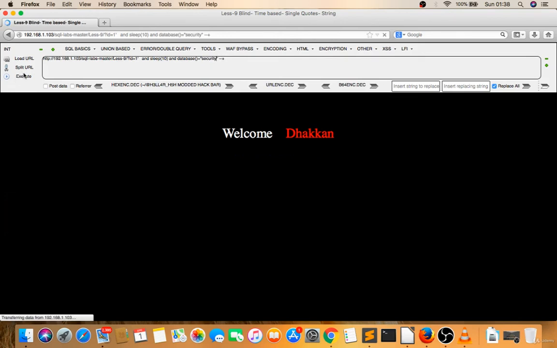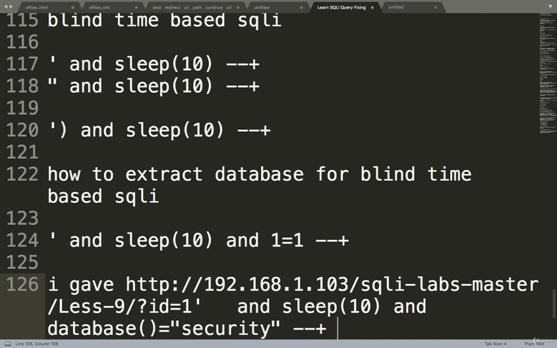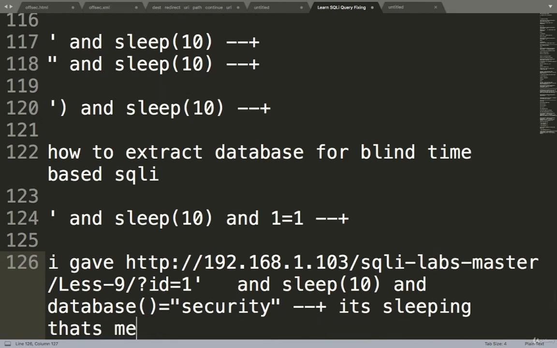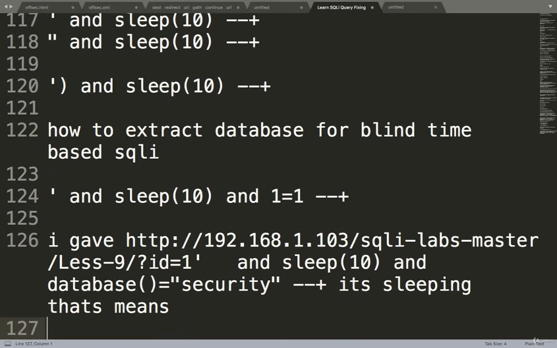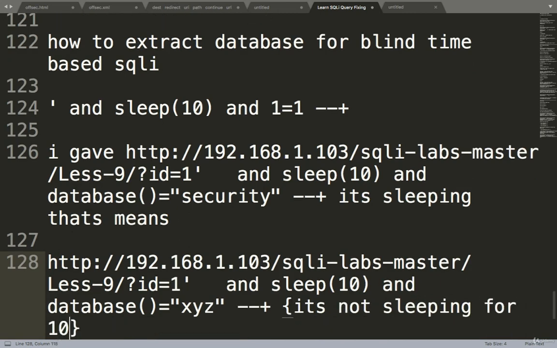See this, it's sleeping, that means we are on the right track. This command is executing, this is vulnerable. I gave xyz also and it won't sleep, so that's why we compare the true and false values. It's not sleeping for 10 seconds.